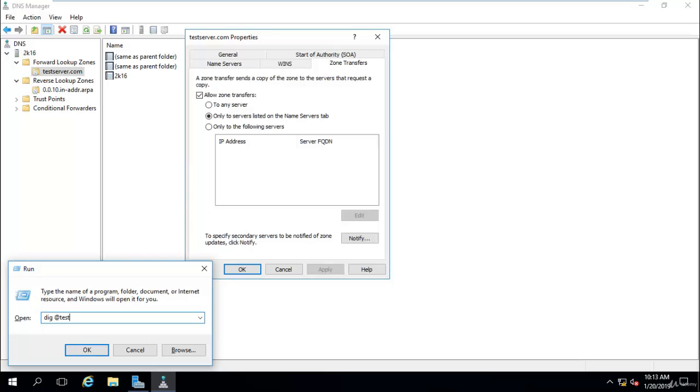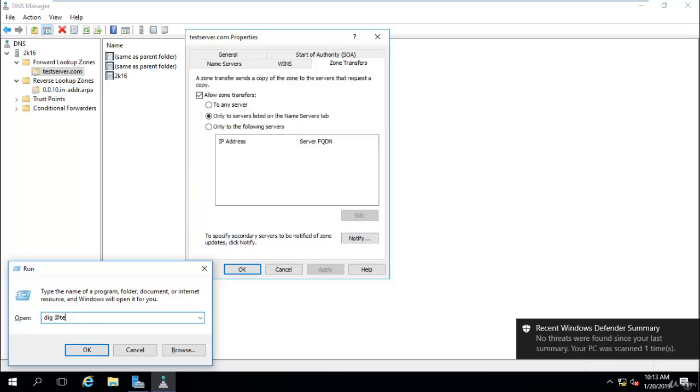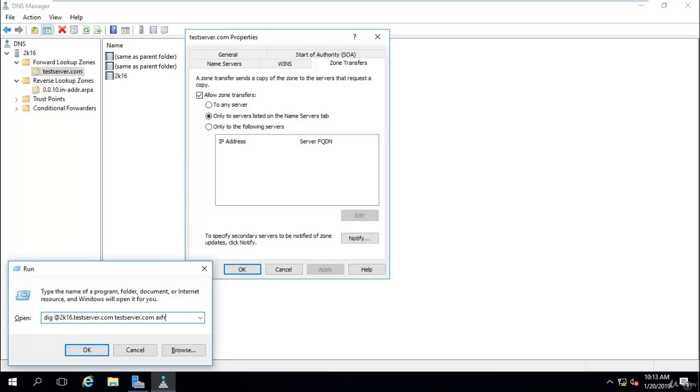The name server's name is 2k16.testserver.com, and now we need to assign a domain name. The domain name is testserver.com, and give axfr. This is the command we can run on a Linux based operating system to get information of